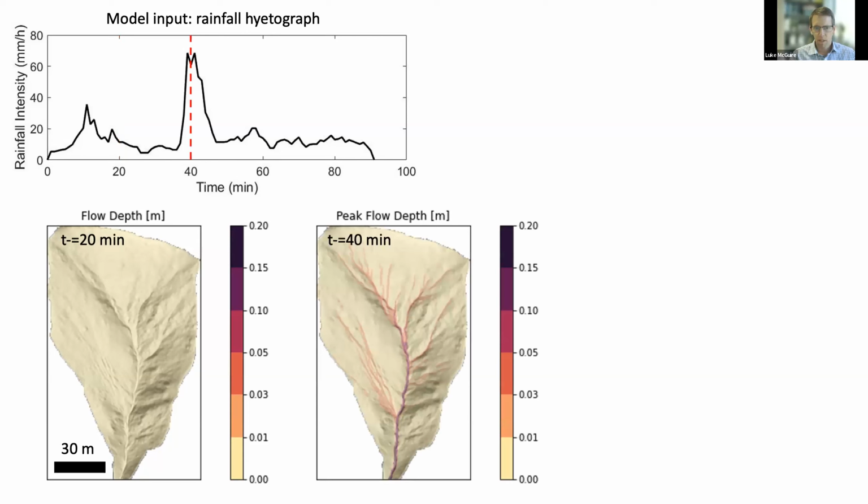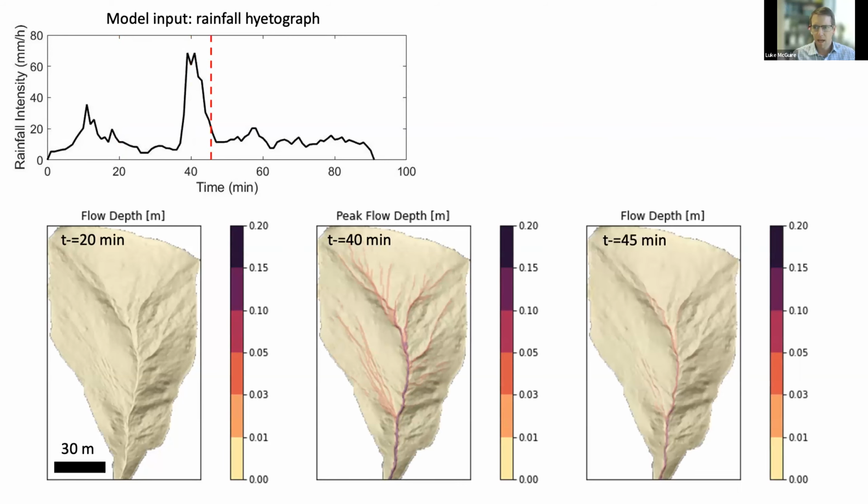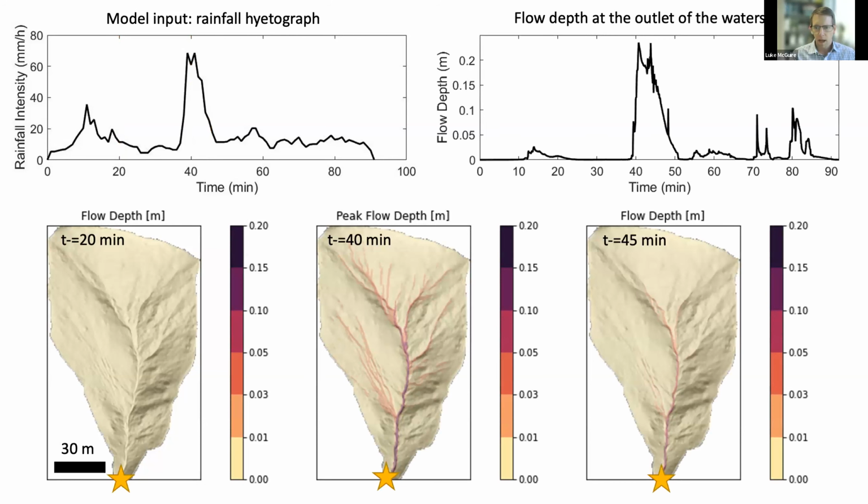Once the rainfall gets more intense, then we start to generate runoff. That runoff converges into rills and gullies, and you start to get sediment entrainment, which I'm not showing here. And then as the storm progresses and the rainfall intensity decreases, you get subsequent reductions in flow depth. We're usually trying to summarize this information in some way to make it more digestible. One thing that we look at is what happens at the watershed outlet. What's the flow depth and how does it vary over time at the watershed outlet, in this case shown by this yellow star? You can see this is a small watershed, so our peak flow depths are relatively small.